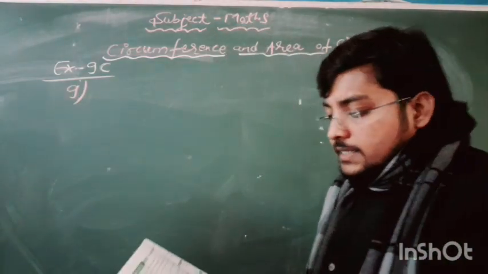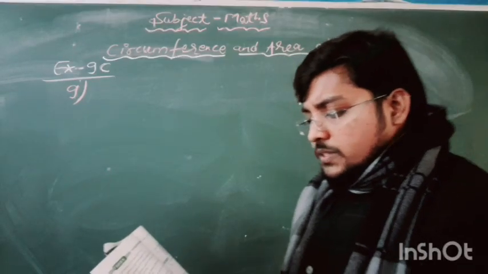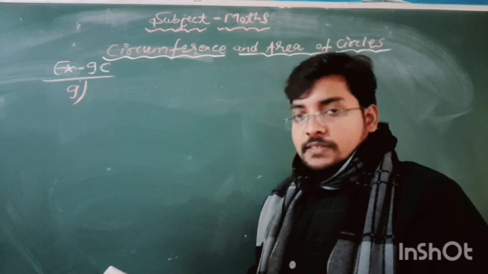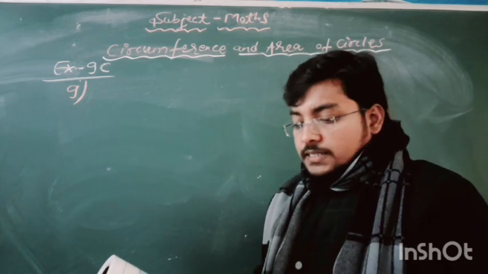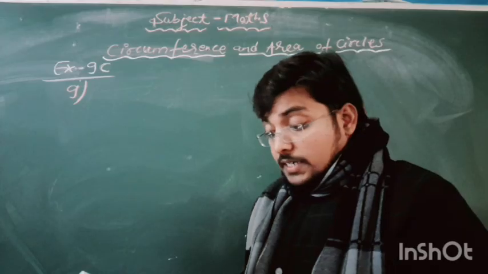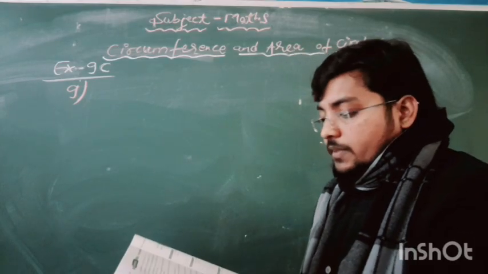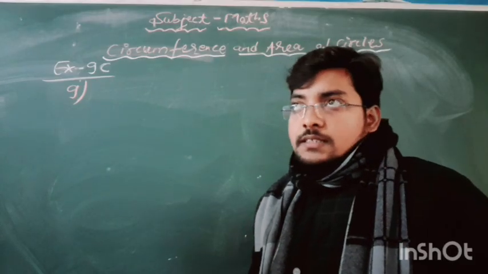Question number 9 is saying that the perimeter of a rhombus is equal to the circumference of a circle. If each side of the rhombus measures 11 centimeter, then find the radius of the circle. In the problem, it is given that the perimeter of a rhombus is equal to